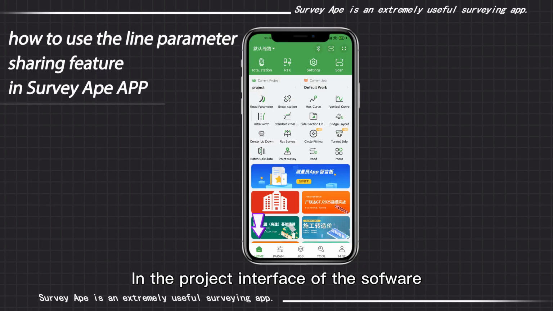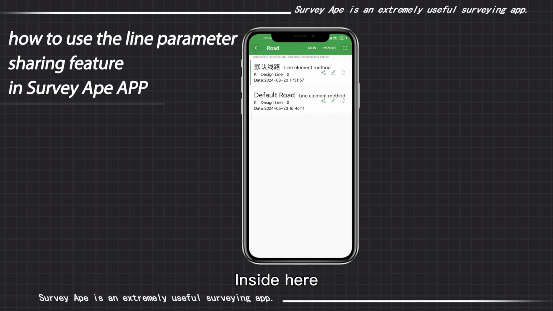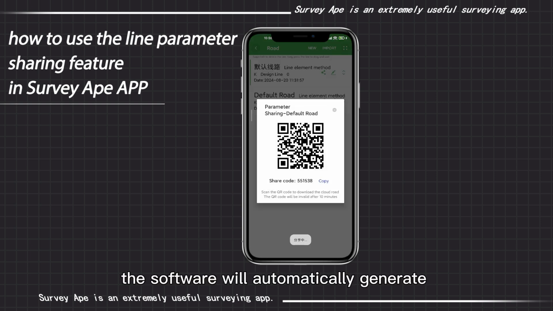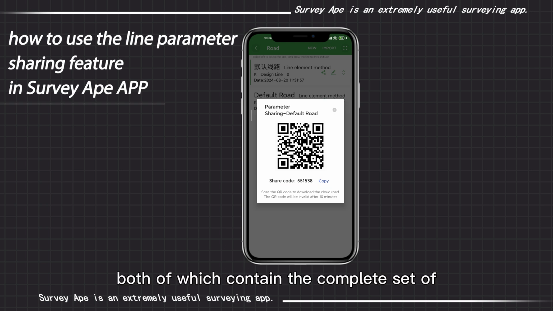In the project interface of the software, click on the road feature. Inside here, find the road you want to share, and then click the Share button to the right of the road name. At this point, the software will automatically generate a QR code and a share code, both of which